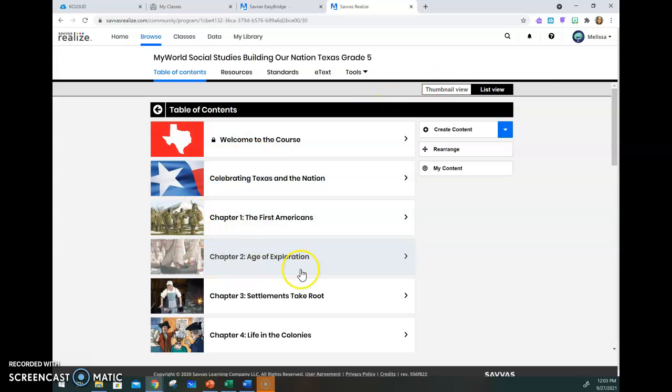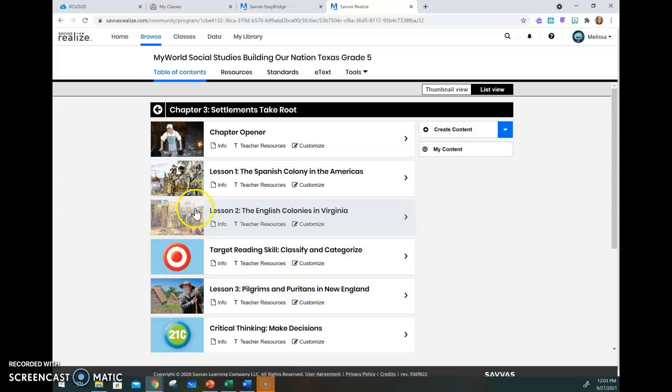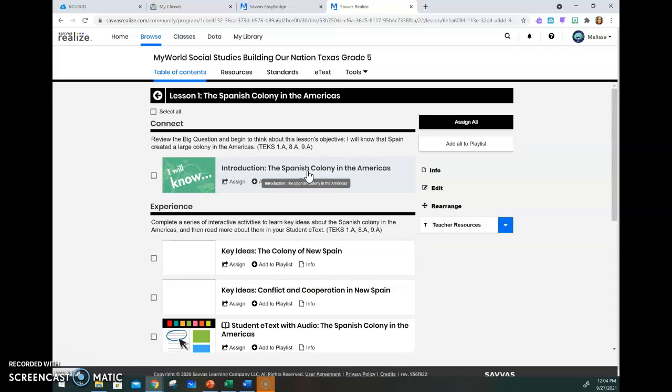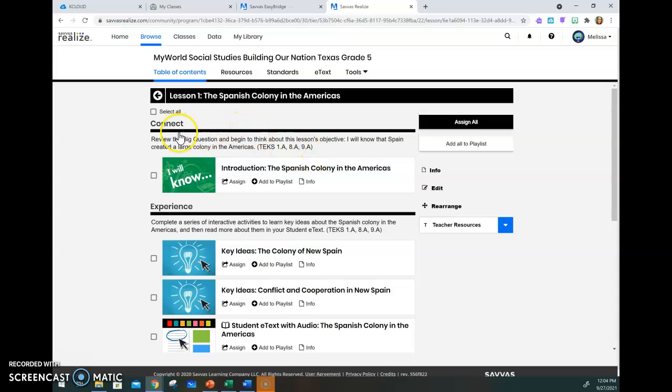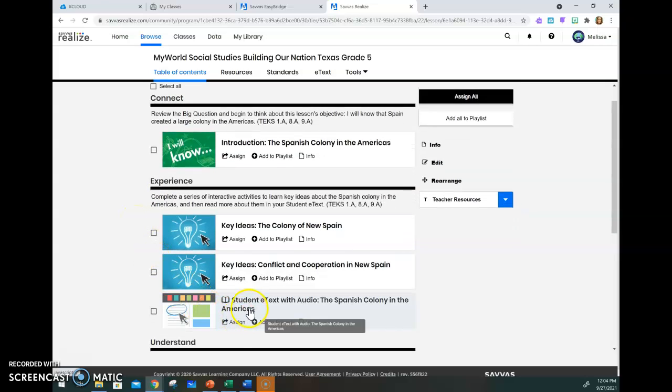So you have all the chapters. We are actually starting on chapter 3, so I'm going to click on that, Settlements Take Root. And then we are reading lesson 1 today, so the Spanish colony in the Americas. So we're going to click there. And now we're going to go down to the experience, and we're going to go to student eText with audio. Okay, so when we click on that,